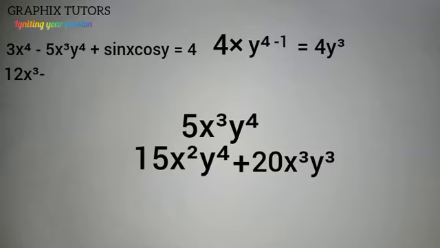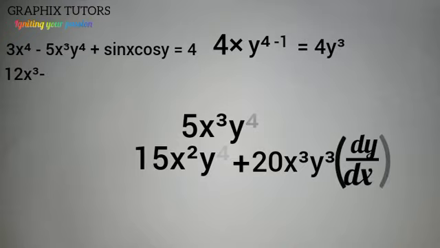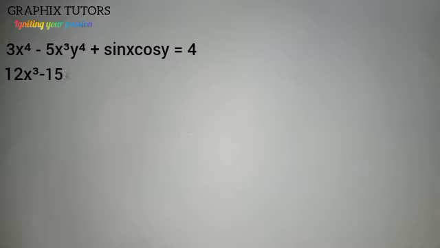That's what we have if you differentiate those two variables. Now we put the dy over dx to show that we have differentiated y. So we have 20x cubed y cubed dy over dx